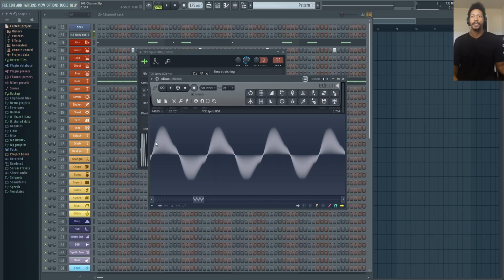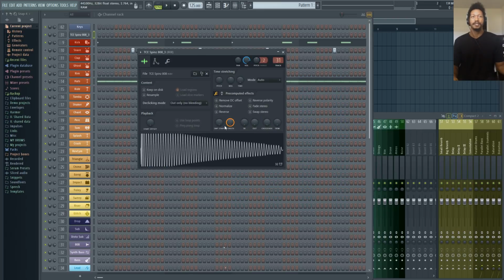When you look at this waveform, you could see that it has peaks that go up and down. And when something is out of phase, that means there's another sound that's playing at the same time. In this example, our kick is canceling out this waveform. So basically, there's something in the waveform of the kick that is doing the opposite of what this waveform is